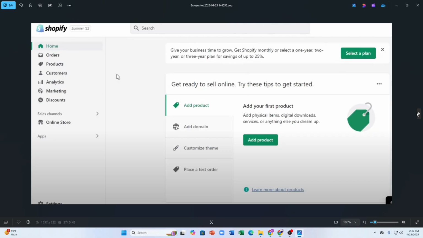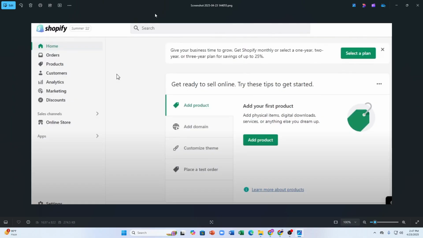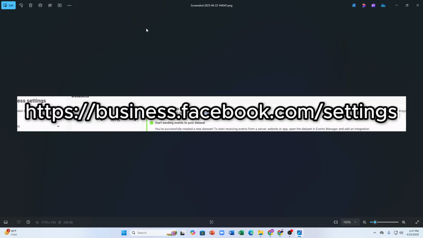To do it, you have to head over to your Shopify dashboard. After heading over to your dashboard, you have to search in the mini search bar apps x Facebook. Like here in the mini search bar, you can search apps x Facebook, and before that, you have to go to Facebook like this link